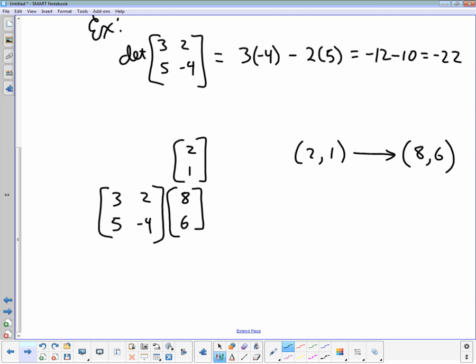Now, if my determinant is very big, it will shift it far. If it doesn't move it very much at all, its determinant would be small. That's what the determinant does. It's a measure of how much the original point moves. Okay? It's just a number that specifies a feature of the matrix itself. Okay? Now, find the determinant of, say,